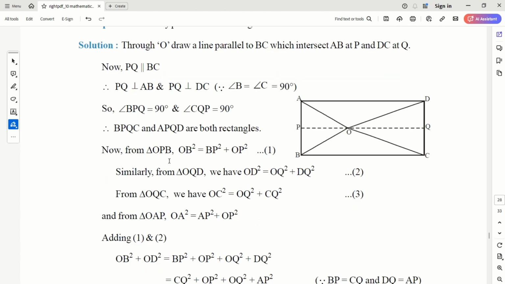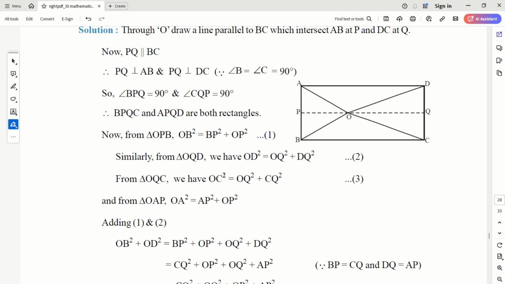In triangle OPB, OB square equals BP square plus OP square, correct? BP is nothing but half of AB. Remember that. Similarly, in OQD, we can get a similar equation. In OAP, here we can get one equation. So with these four,